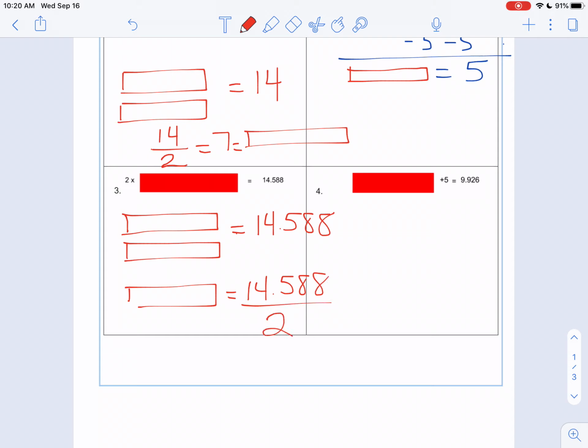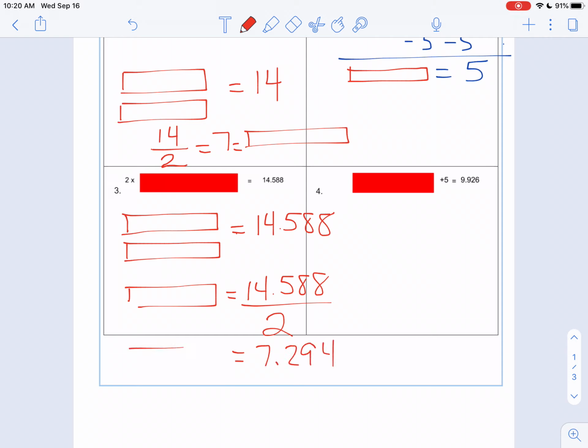You can also think of this in terms of opposite operations. We have 2 times, so to isolate the length of the bar, we divide by 2, the opposite operation. So then you can just type this into your calculator. 14.588 divided by 2 should be around 7 still,